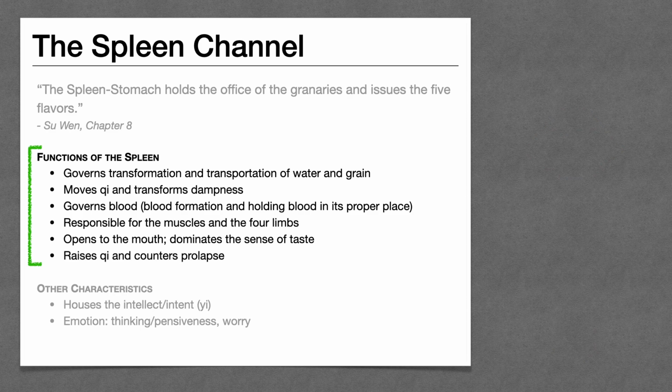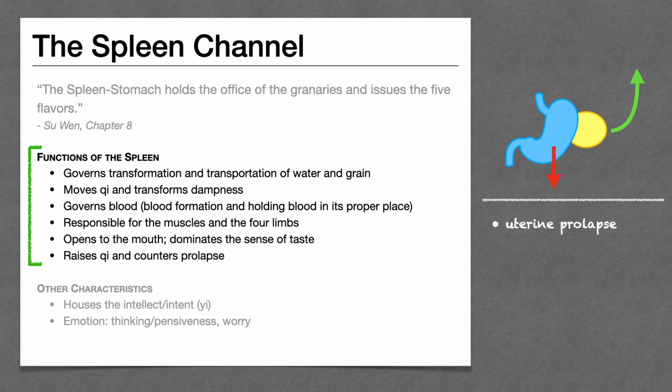And the spleen raises qi and counters prolapse. Like we said, the stomach has a downward direction, but the spleen has an upward direction. So we can use points on the spleen channel to treat certain sinking conditions, like uterine prolapse, rectal prolapse, hemorrhoids. Diarrhea can be considered a form of spleen qi sinking, as well as things like excessive bleeding during menstruation or